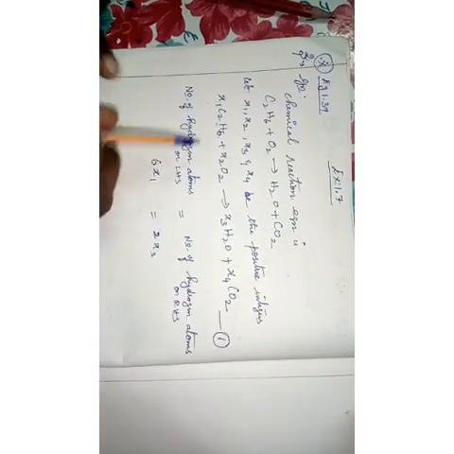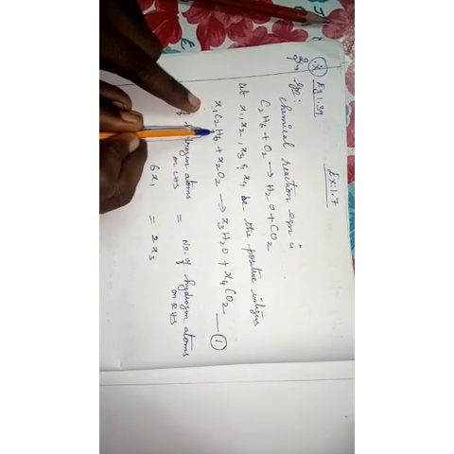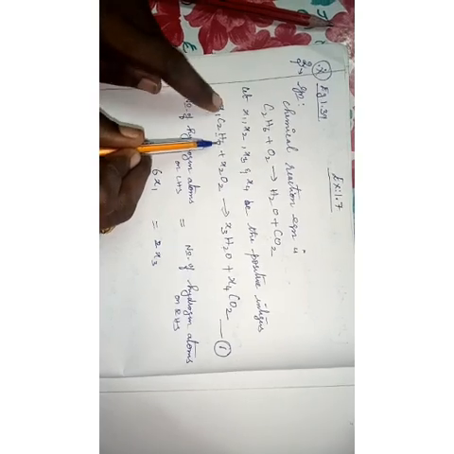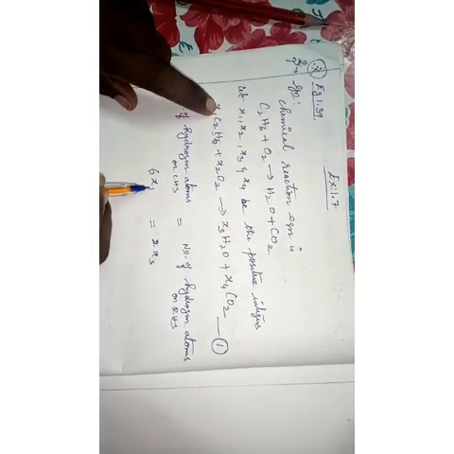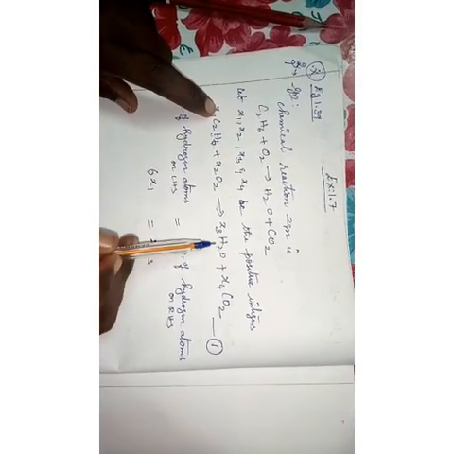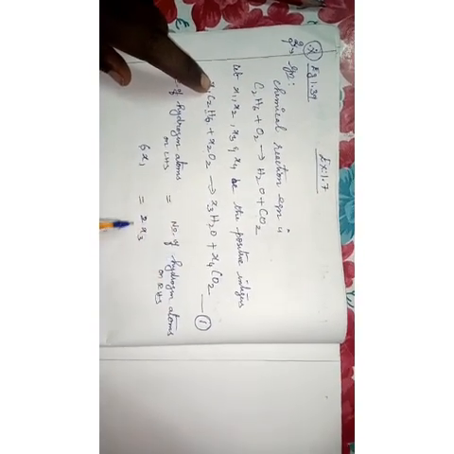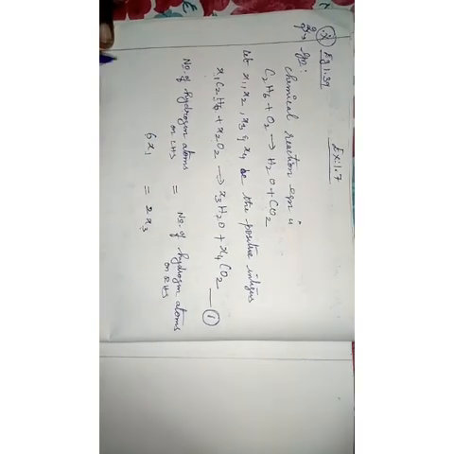Is it clear? See here children, hydrogen atom means this is H. Take this number and then this number also, combine and write how many hydrogen atoms. Here 6 and x1, so 6x1. Then no hydrogen here. Here is hydrogen. How many hydrogen atoms? Here 2, here x3, so 2x3. There is no hydrogen atom here. That's all for hydrogen. Then take carbon.